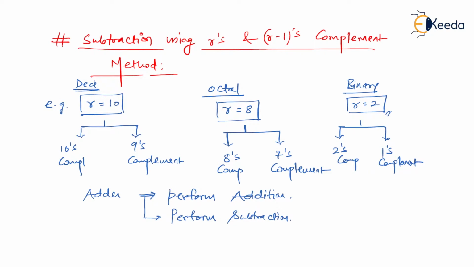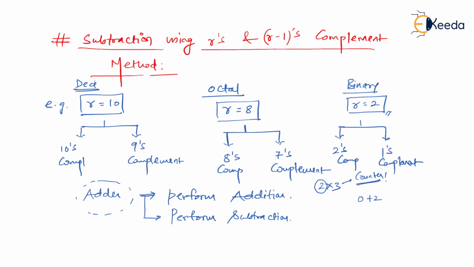Let me tell you, once you perform addition and subtraction using the same hardware adder, then you don't require separate hardware for multiplication and division, because at the end multiplication is nothing but repetitive addition. I repeat, multiplication is nothing but repetitive addition. What is meant by that? Let's understand. For example, if I want to multiply 2 with 3, I'll start with 0 and add 2. I'm selecting this number and making my 3 a counter. Pay attention to what I'm trying to say, you will understand it.